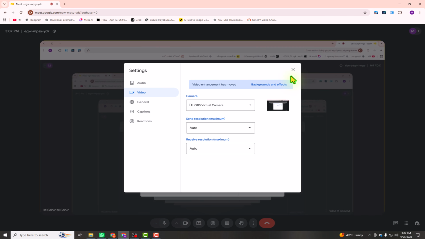As soon as you select it, your Google Meet camera preview will switch to whatever is currently being displayed in OBS Studio. If you've added overlays, graphics, screen captures, or a picture-in-picture layout in OBS, they will now be visible in Google Meet. Keep in mind that OBS Virtual Camera only sends video, so make sure you've selected the correct microphone in Google Meet. You can switch between different scenes in OBS at any time, and the changes will appear